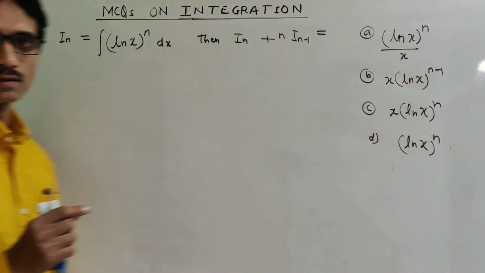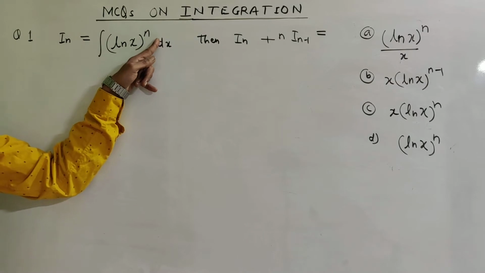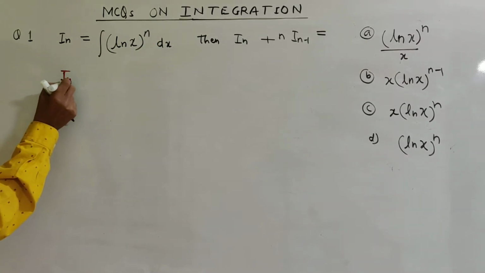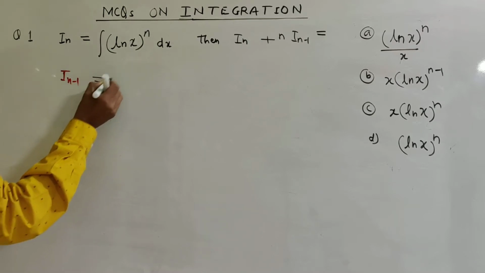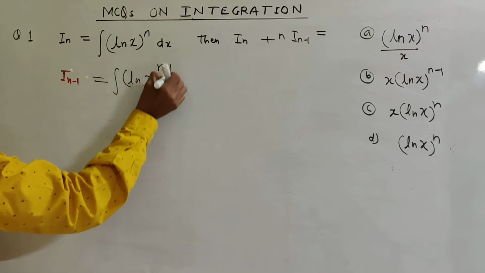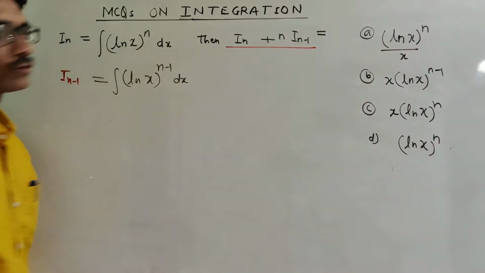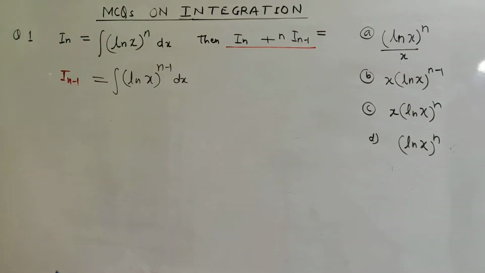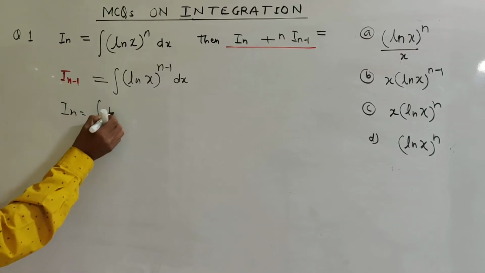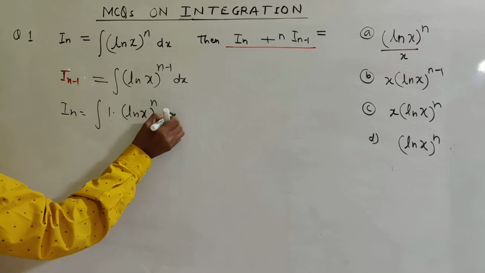Here I_n is what? Integral of (log x) raised to power n. So I_(n-1) will be what? We replace n by n minus 1. So therefore here I_(n-1) will be the integral of (log x) raised to power n minus 1 dx. Now we have this I_n plus n into I_(n-1). So we consider I_n is equal to the integral of 1 into (log x) raised to power n dx, and we use here